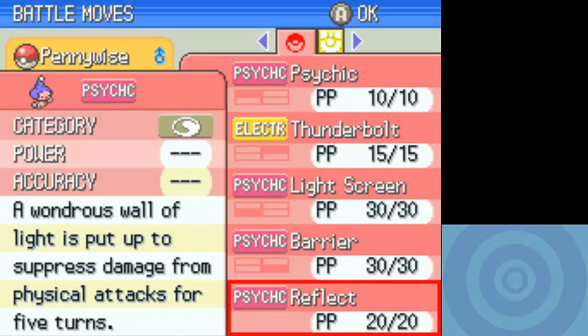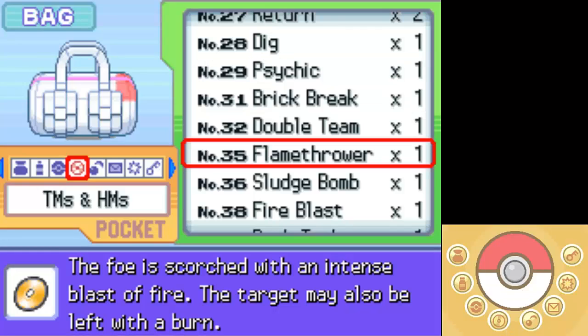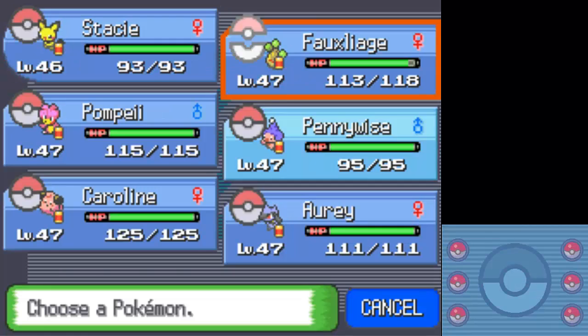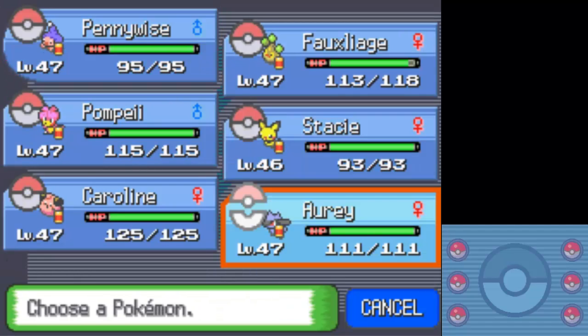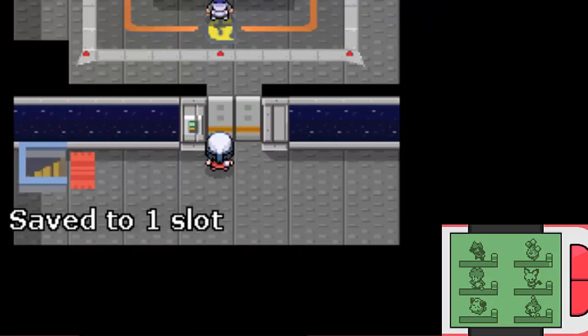Yeah. Wait. Yeah, getting rid of barrier, putting up Reflect. Okay, so now we can actually do dual screens. And since we know what's going to be the first thing sent out, let's go ahead and prepare for it properly. I could just... Yeah, you know what? Screw it. I'm just going to go for the,